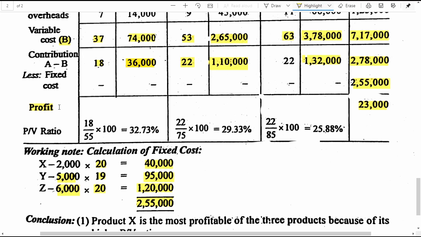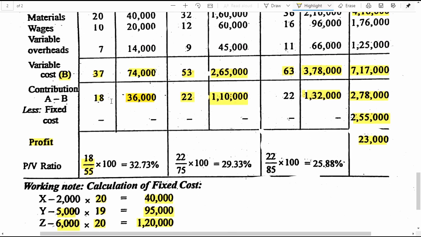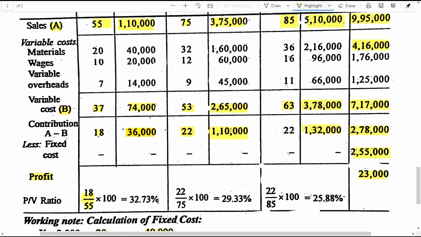Now let's calculate the profit volume ratio. Why should we calculate the profit volume ratio? Profit volume ratio is the best indicator to decide which product is more profitable. This is what you need to understand always. Now, contribution divided by selling price into 100. Contribution per unit is 18 rupees for X, divided by selling price 55 into 100, it gives us 32.73% as PVR. For Y, 22 rupees contribution divided by 75 rupees into 100, it gives us